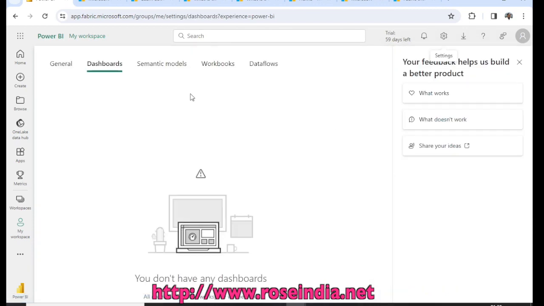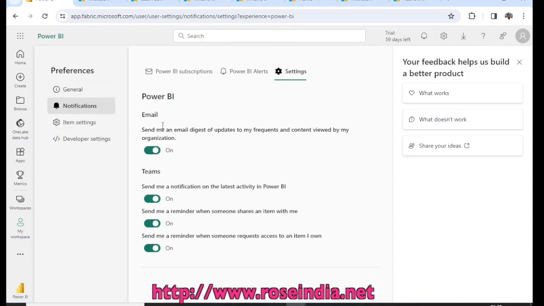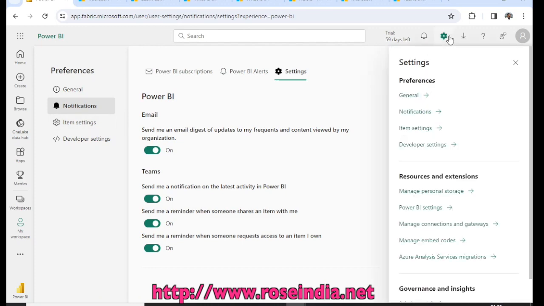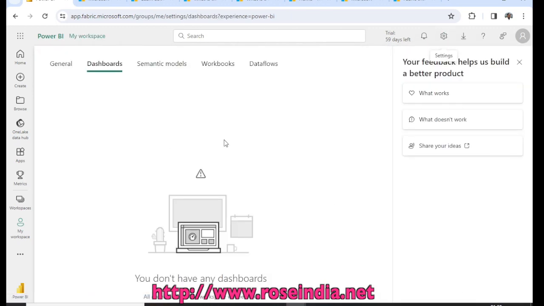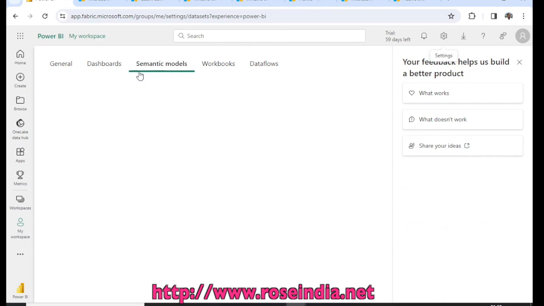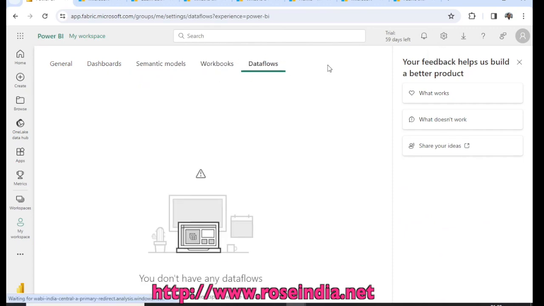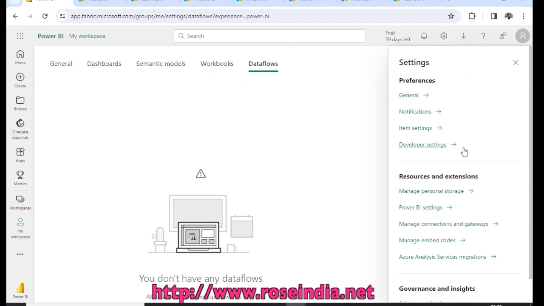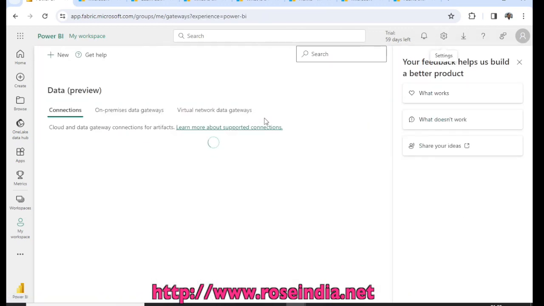Power BI settings, we can do settings in Power BI. This is the Power BI setting. We have semantic models, workbooks, dataflows, manage connections and gateways. Here we can create the connections to different cloud services, on-premise gateways, virtual network gateways,